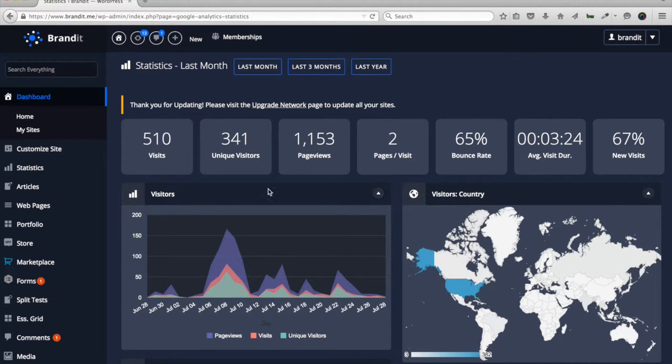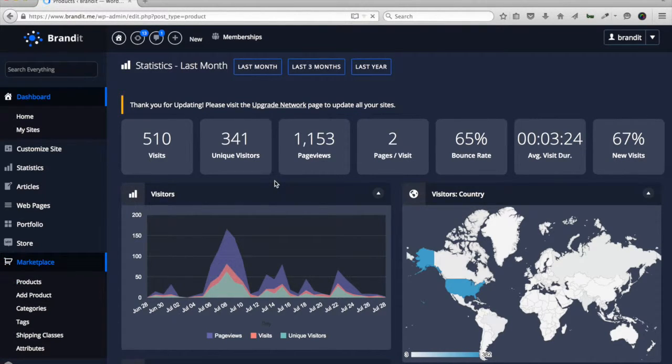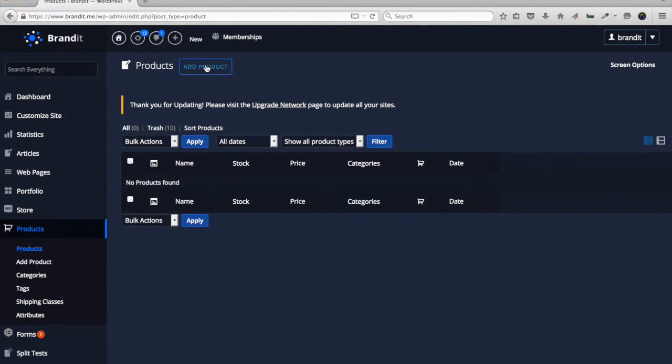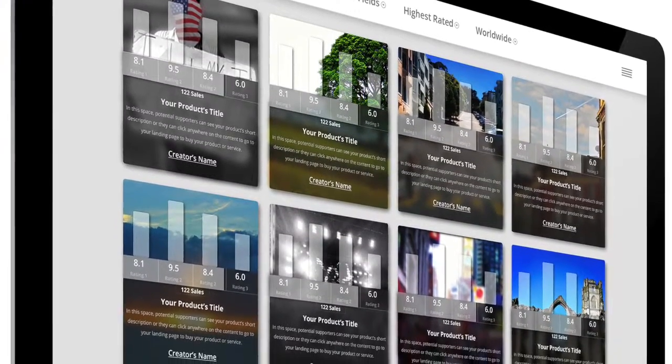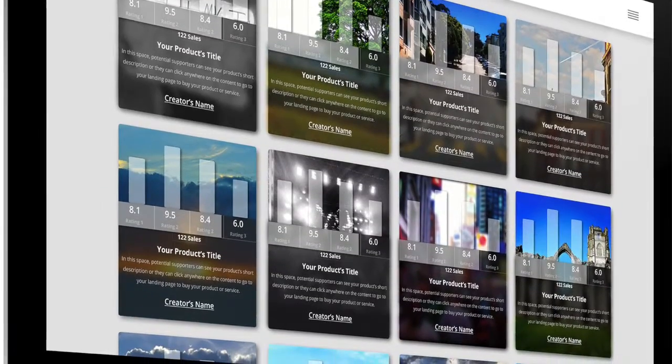Our final vision is to turn the Brandit platform into a transparent marketplace where anyone can sell and discover exciting new products. This marketplace would leverage the incredible web publishing technology of the Brandit platform while giving sellers complete autonomy to choose how they'd like to sell their products.